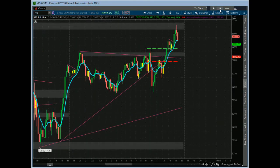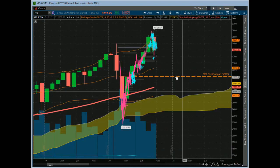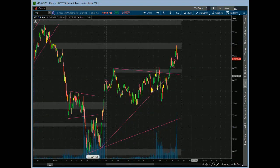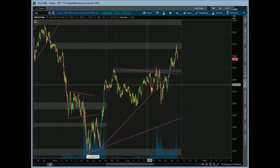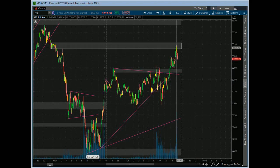Is the ES. Where'd it go? There we go. So pretty interesting stuff, right? So again, they rallied it into the open. We gapped up today. We couldn't get it really any farther into yesterday's range. Higher high, higher low. Nice bull flag right here to get up to our signals, and this is the drop